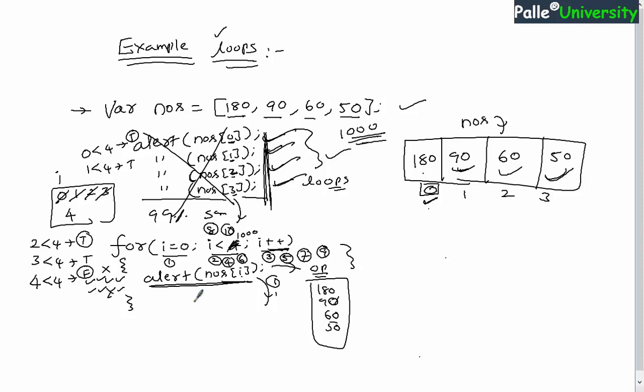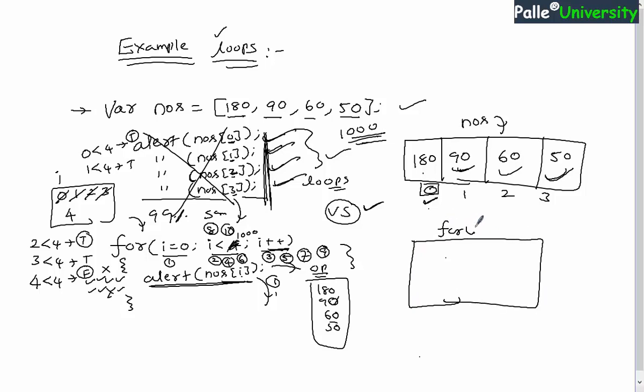Now in this session I will try to directly execute this sample in my Visual Studio. Whatever code I have written in the for loop, I will show you the same thing in Visual Studio. I already told you that the for loop code always has to be written inside the function body. So I will create an HTML page with the name for loop